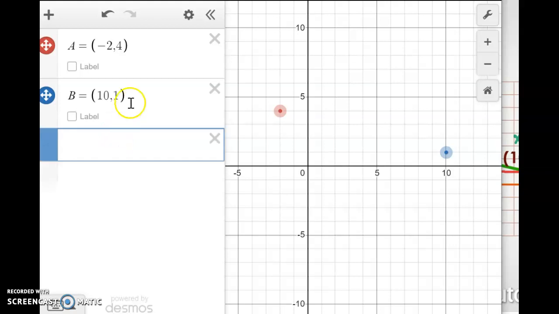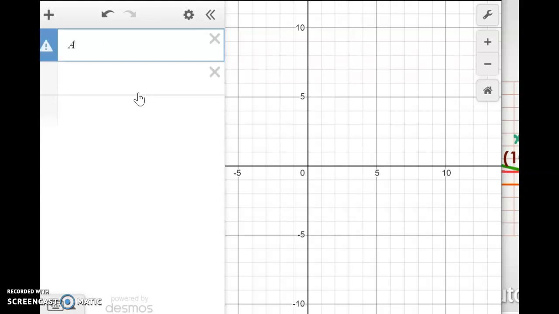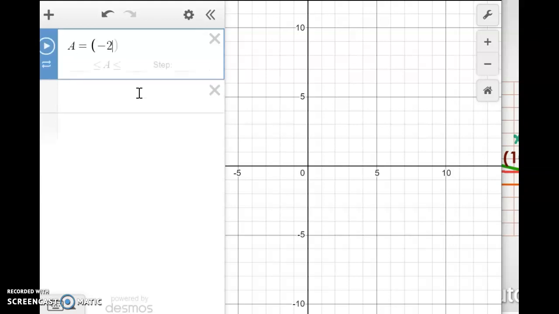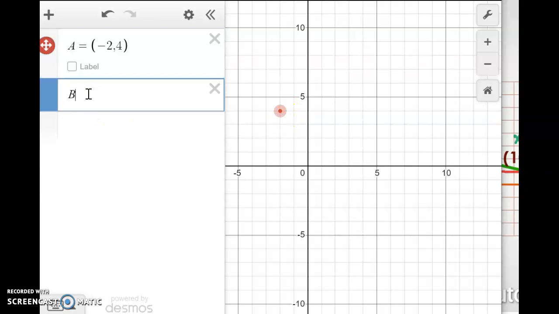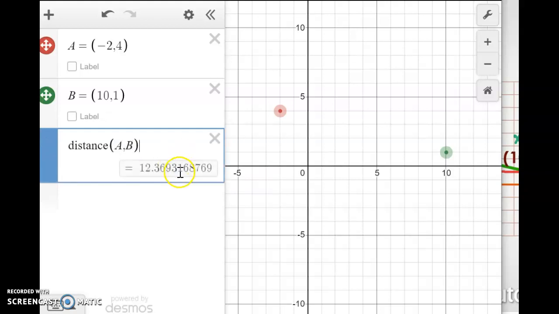Now I'm going to type this in one more time so you can see how we did it. I say I want to call A negative 2, 4. And the thing I love about Desmos is it graphs it for you so you can see if that's where you wanted it to be. And then you can say I want B to be the point 10, 1. So now I have my 2 points labeled. What I love about Desmos, and what's going to make our life easier this week, is now you can type out the word distance, and you can say distance, comma A, comma B, and there's our answer